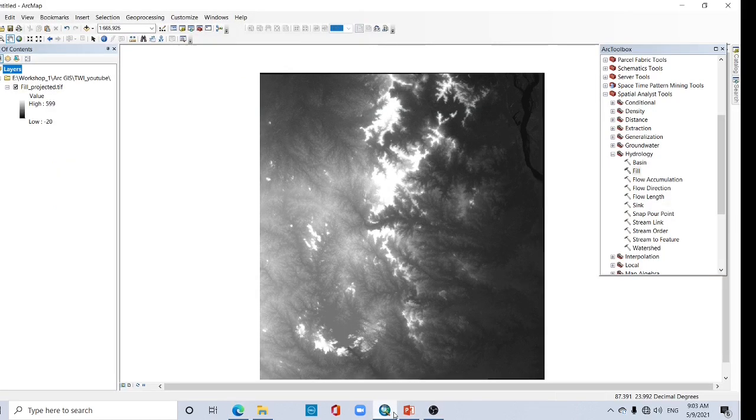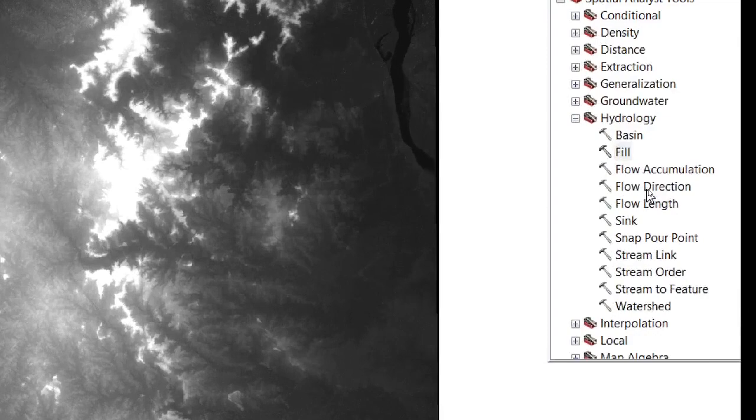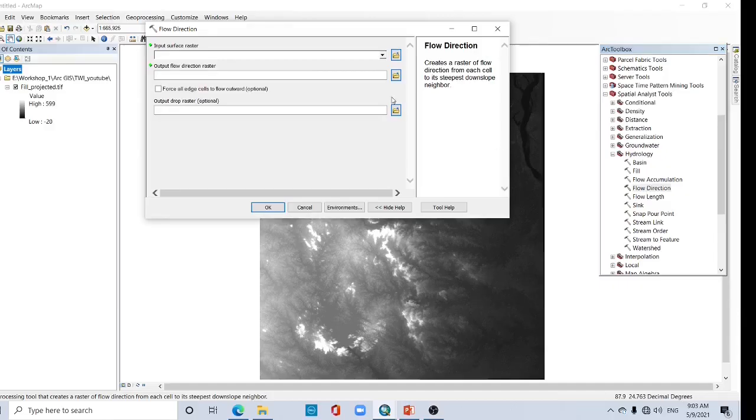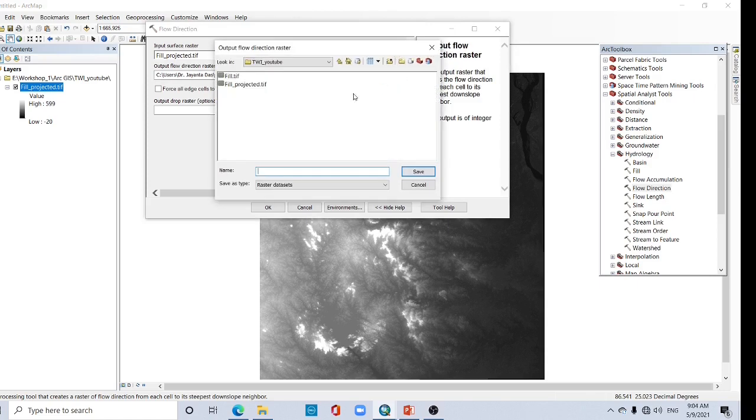So for the calculation of flow accumulation, we first need to calculate flow direction. Click here, Flow Direction in the Hydrology tab. Here the input raster is the projected data, and for the output raster give a location and name.